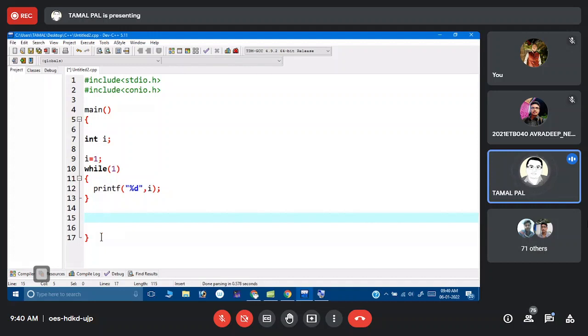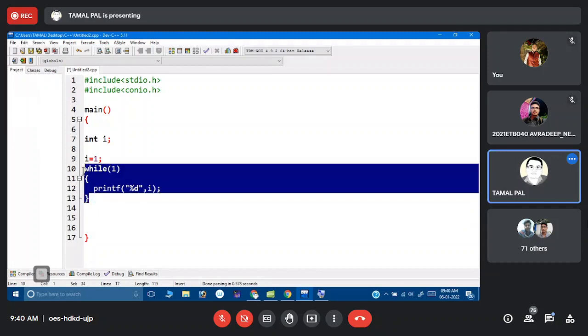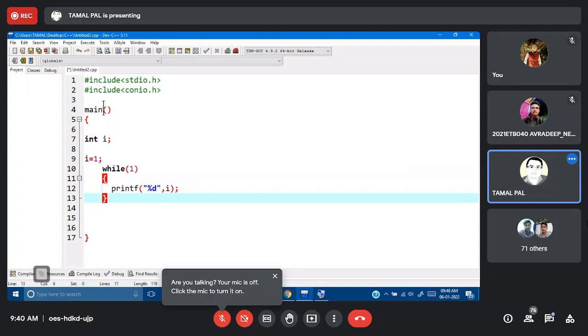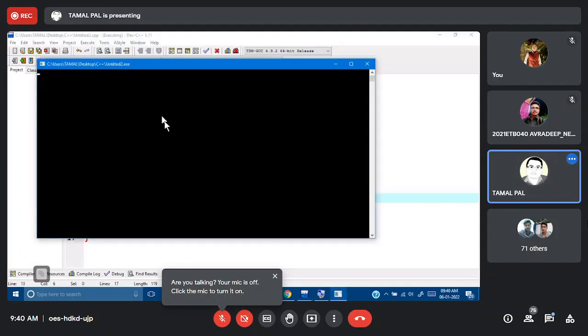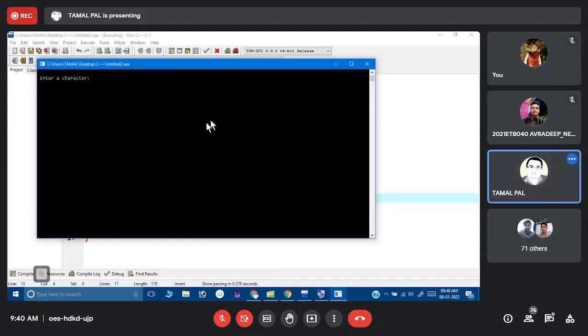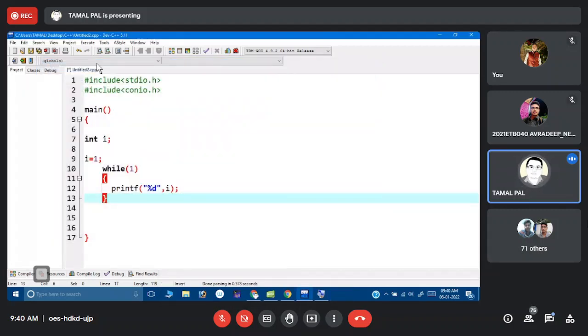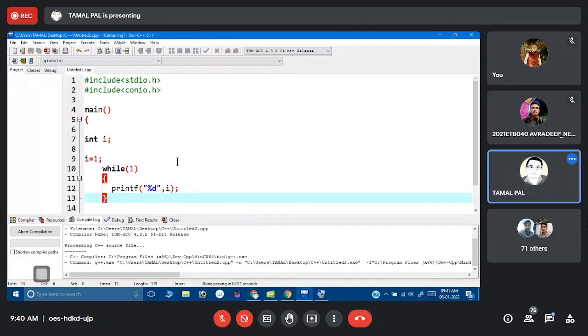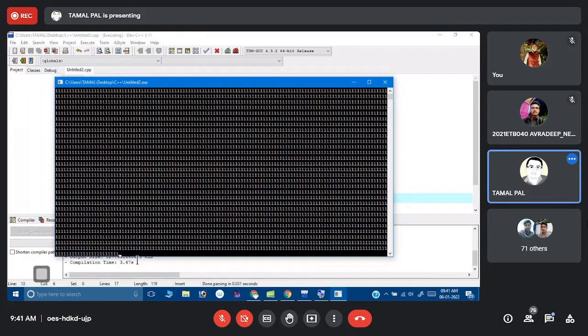This is an infinite loop supposed to be. Compile and this is the scenario.